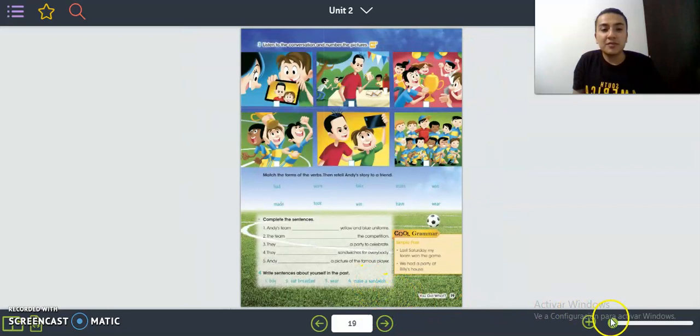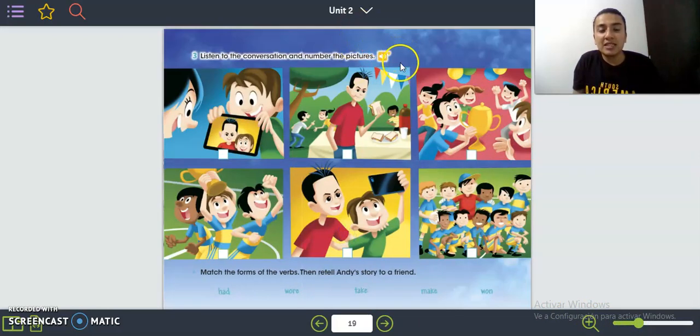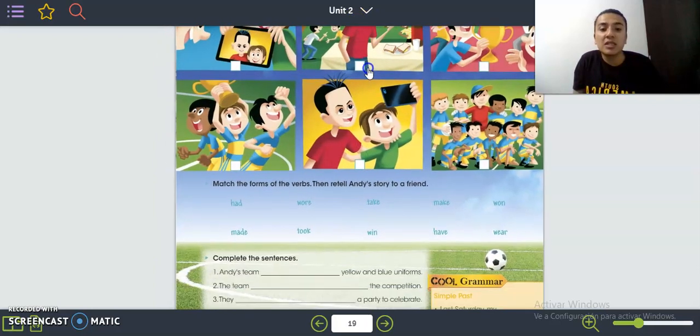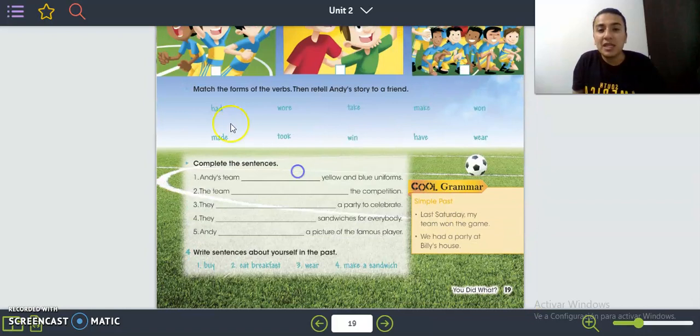Right here, we have a listening activity that we're not gonna do since the listening is in class. However, here it says, match the forms of the verbs, then retell Andy's story to a friend. However, what I have to do right here is I have to match the verbs according to their past form and base form. For example,